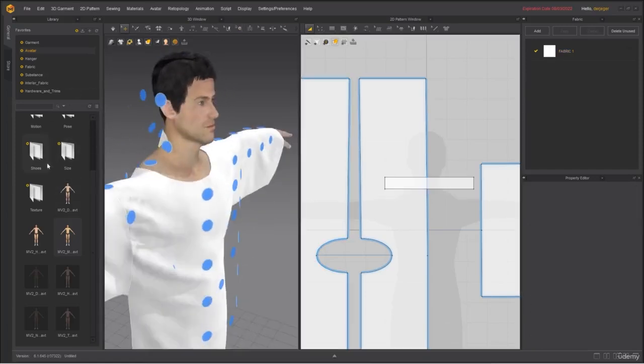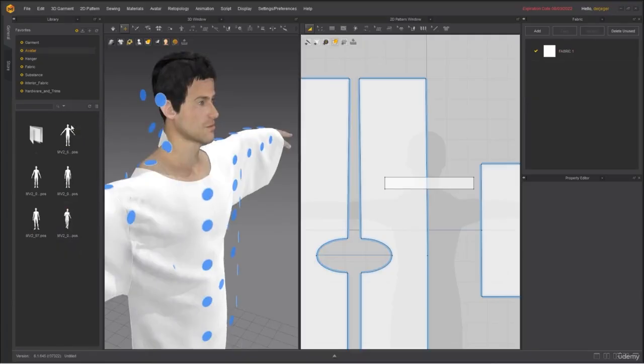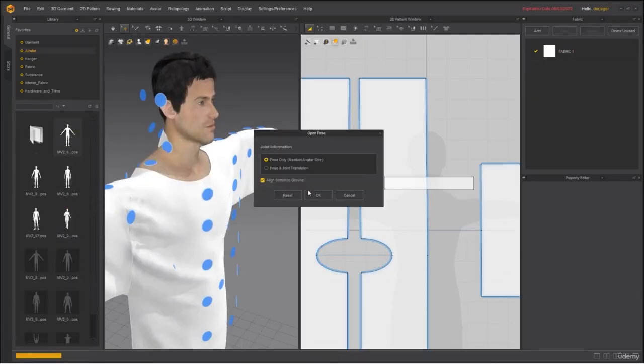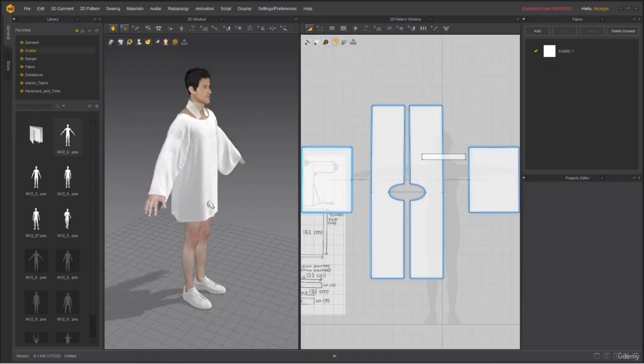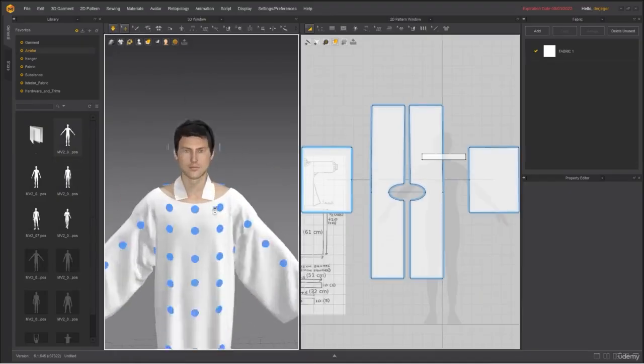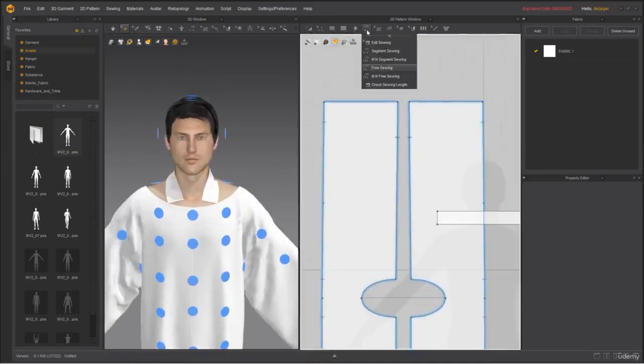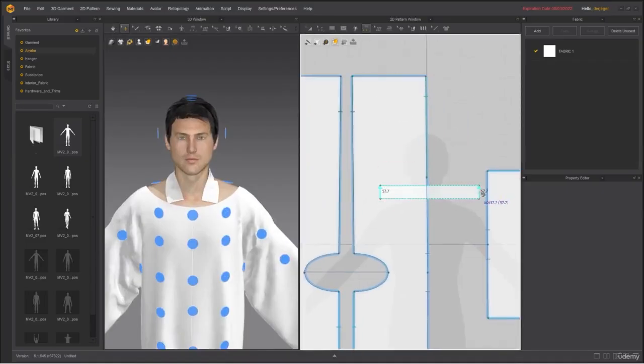Now, I think I'm going to go back to a different pose, so let me select poses here, and let's go back, what would be cool? Let's go with a V pose first. We'll do one of these more relaxed poses later. But there we go. So now, it's just a matter of, of course, sewing the segment from this side to this side, and when we simulate, we're going to get